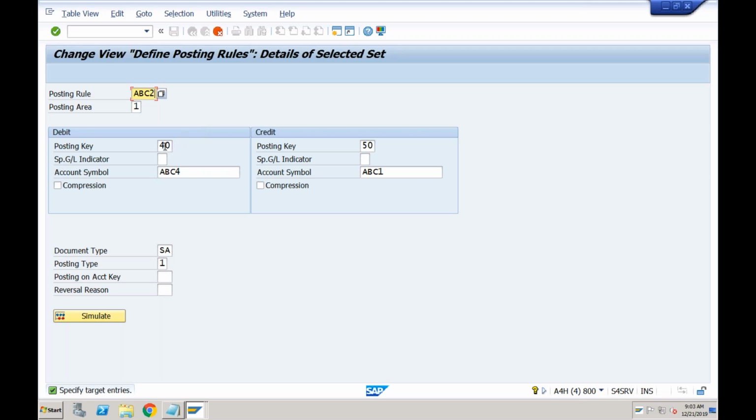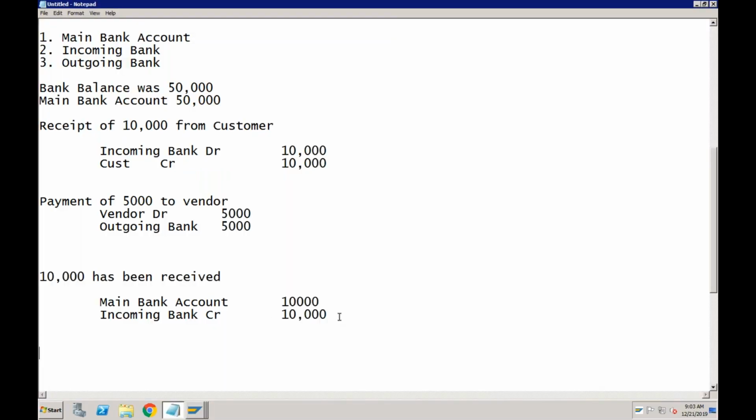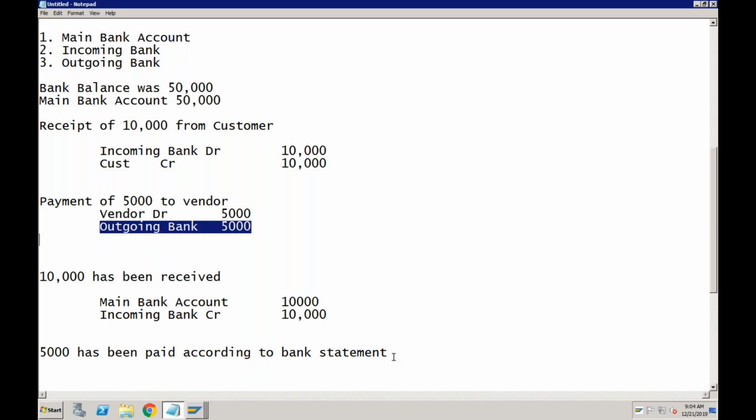ABC2, what would debit here? ABC2 is for payments. So whenever you are going to receive the payments in the bank statement, so 5,000 has been paid according to bank statement. So earlier we credited outgoing bank account. Now we need to credit main bank account.